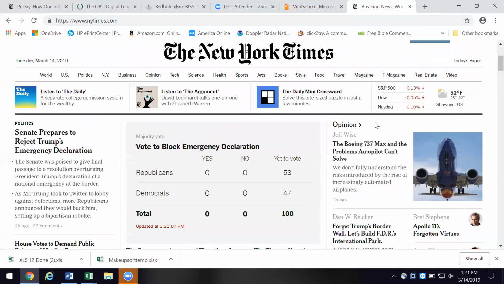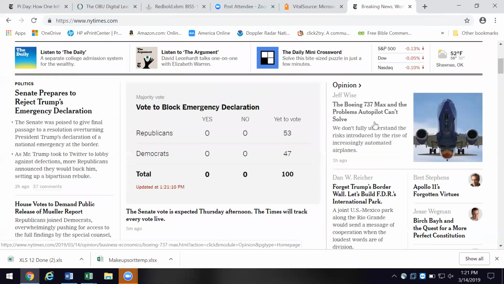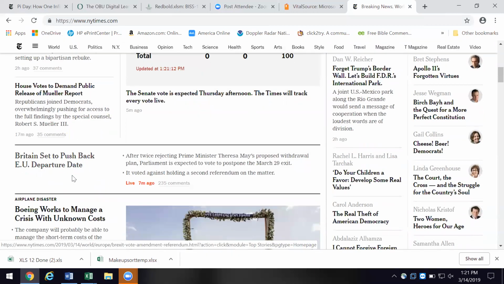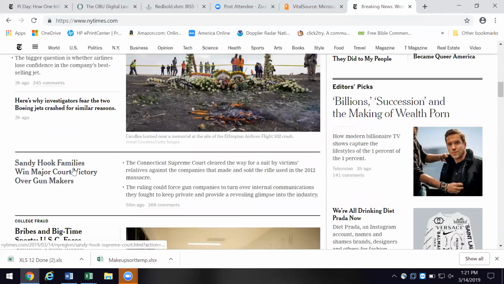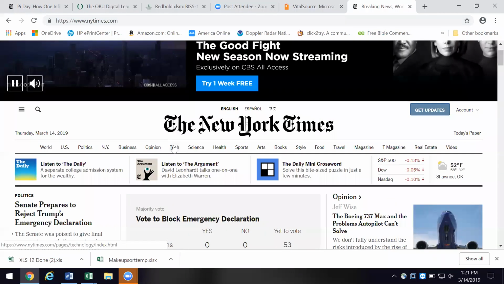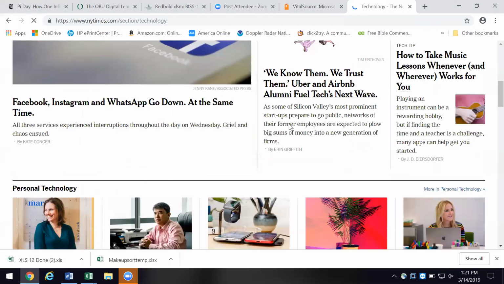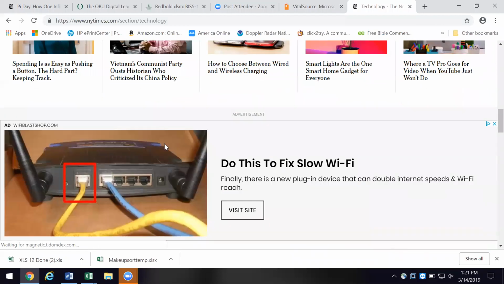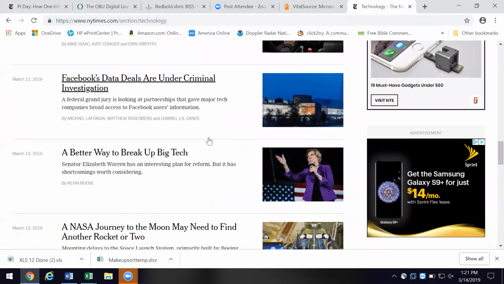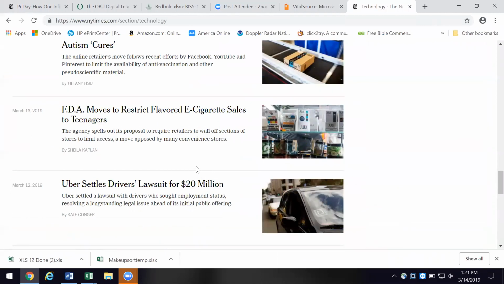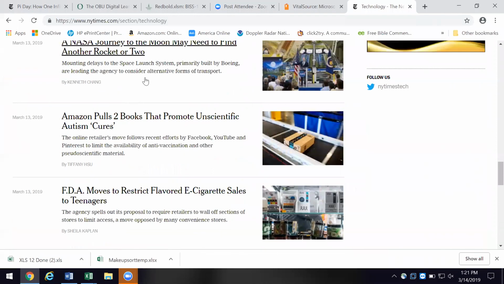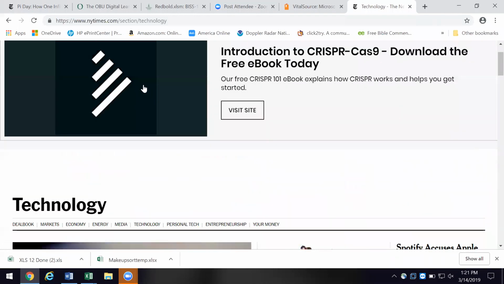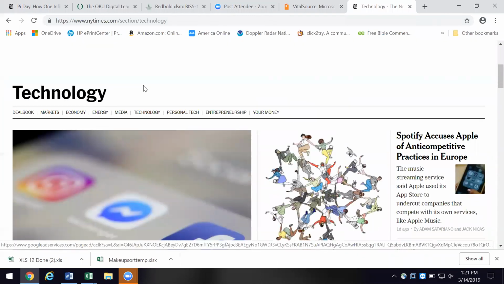You also get some really good stuff in terms of this thing that's going on with Boeing and the 737. And I want to find this one article that I came upon because it absolutely blew my mind. They do a lot of good things there, but let me go to the technology section and see if I can find that. Okay, hang on a minute. I should have saved the link. Let's see. But here's the gist of the article. It was about facial